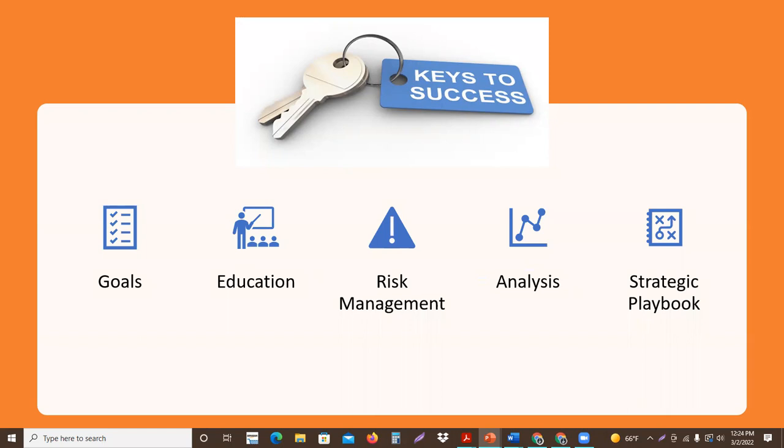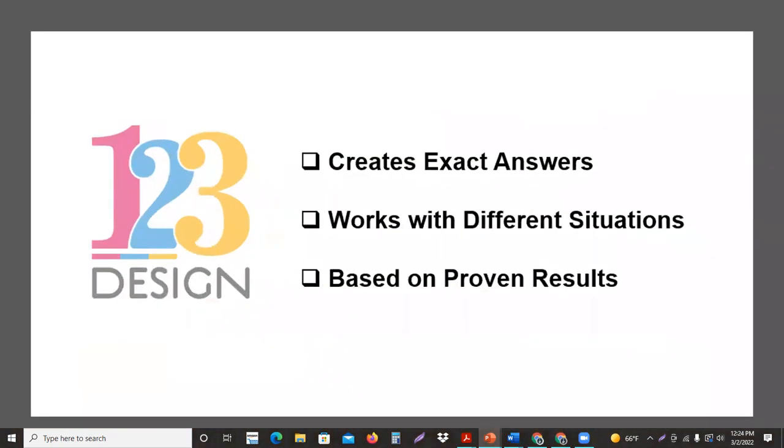And then this whole process can also be summed up in a 1, 2, 3 design, because we create exact answers down to months, down to pennies. These exact answers also work with different types of situations. These aren't bucket programs. These are data-specific, personalized reports, software, whatever it might be. And these are based on proven results. We're not just in the consulting business where we tell people, hey, this is what I would do if I were you, and back off. No, we've got data and we've got clients to prove that what we do works,